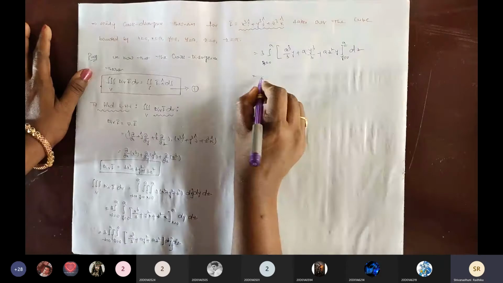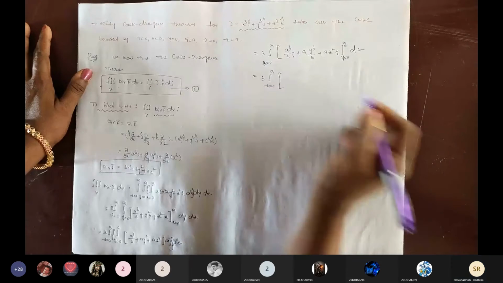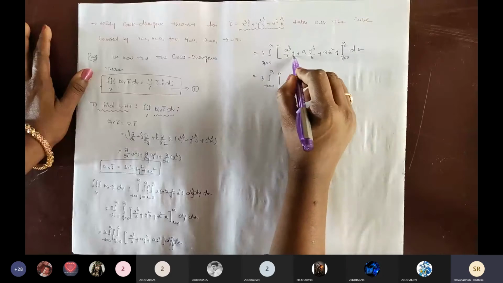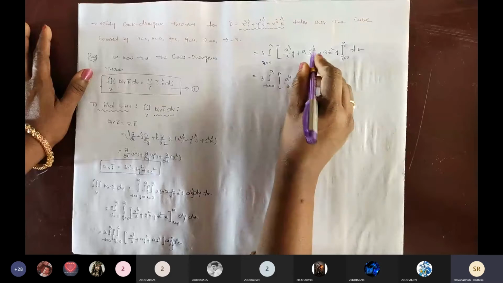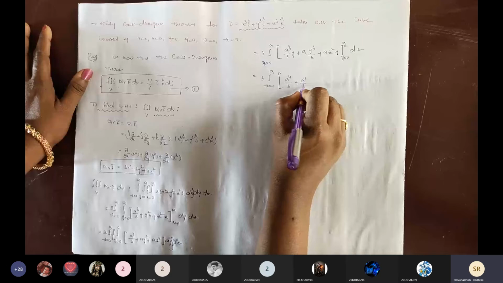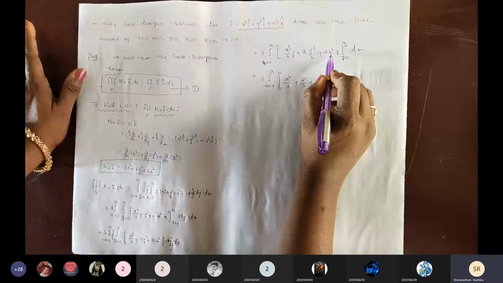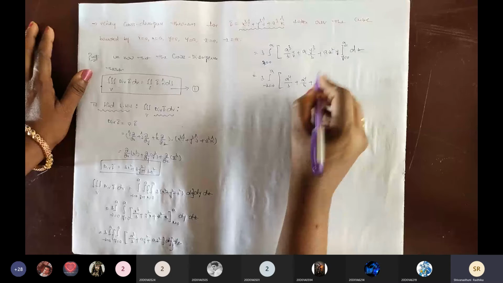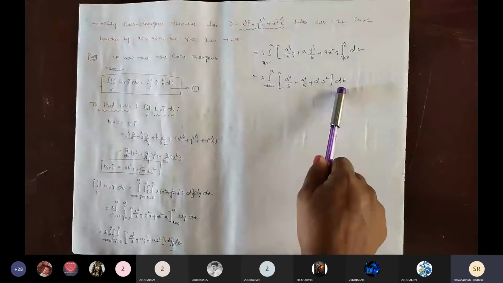See, term by term we are going to simplify. Substitute the upper limit, 3 into integration z equals 0 to a. See, y equals a, substitute. Y equals a cube into a, so that is a power 4 by 3, plus y equals a cube into a power 4 by 3, plus z square is a constant, a into y equals a into a square into z square. This one completed.